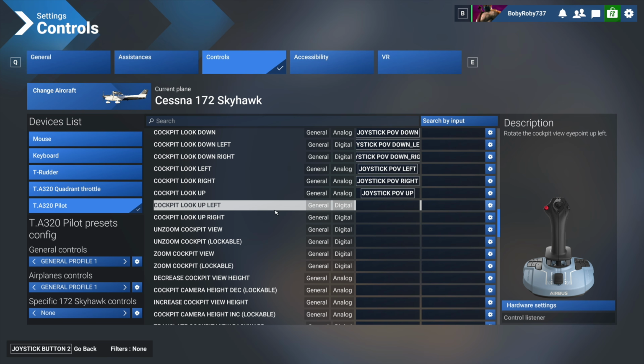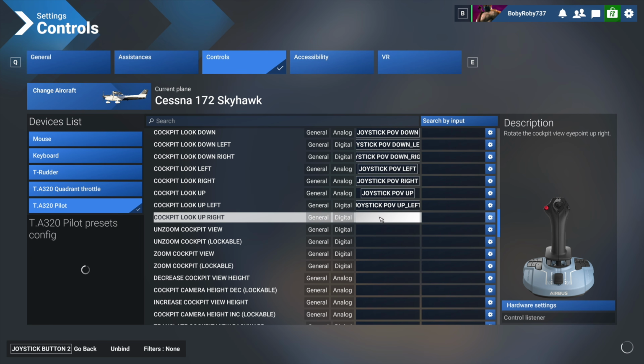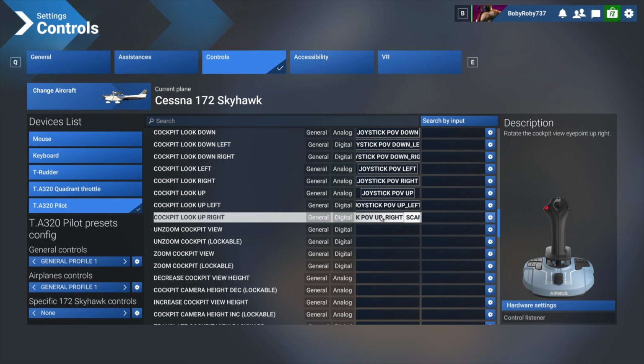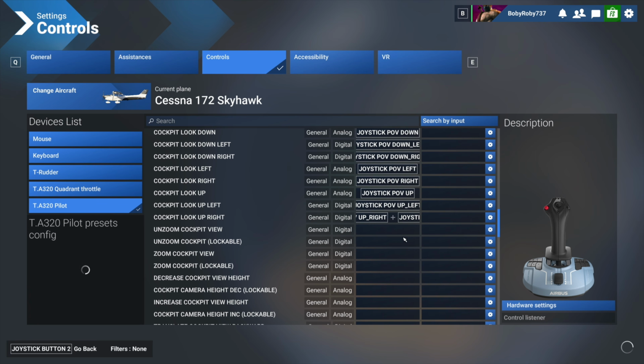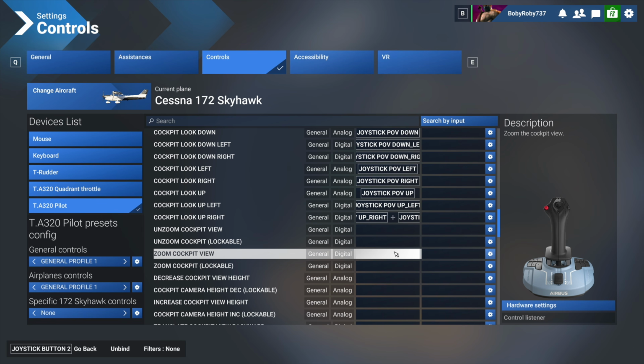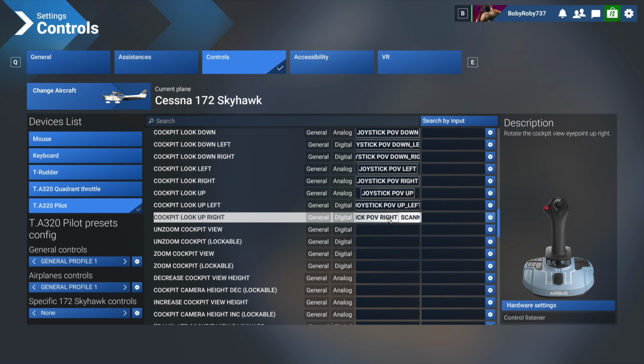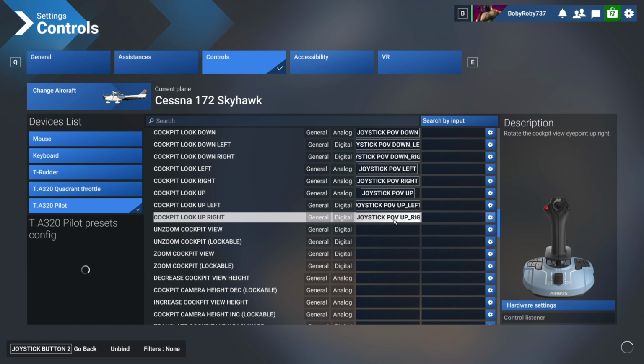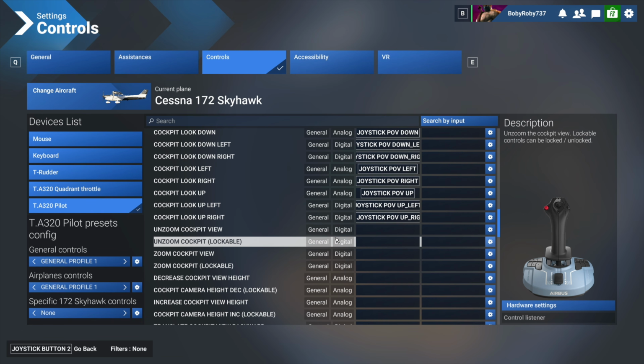Now we have to do cockpit look up left. There we go. And cockpit look up right. All right. So let me just look up right. Yeah, now it's correct. And one more thing is I would like to have this little button over here to